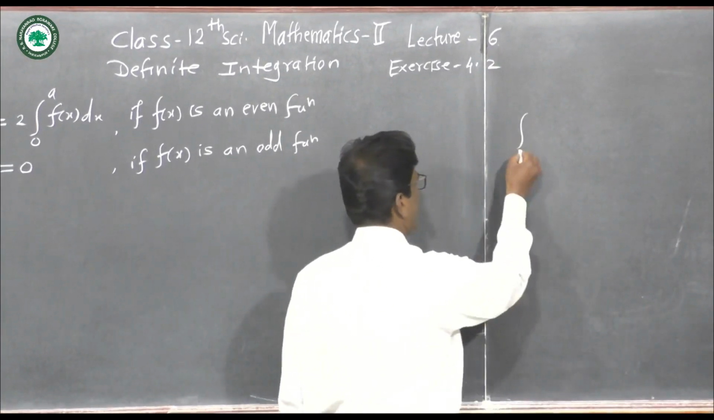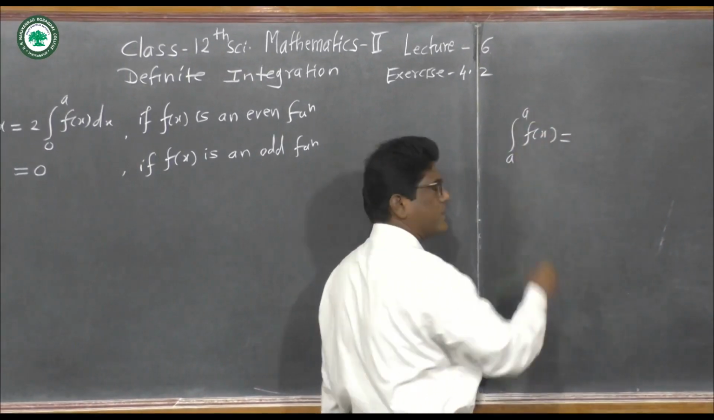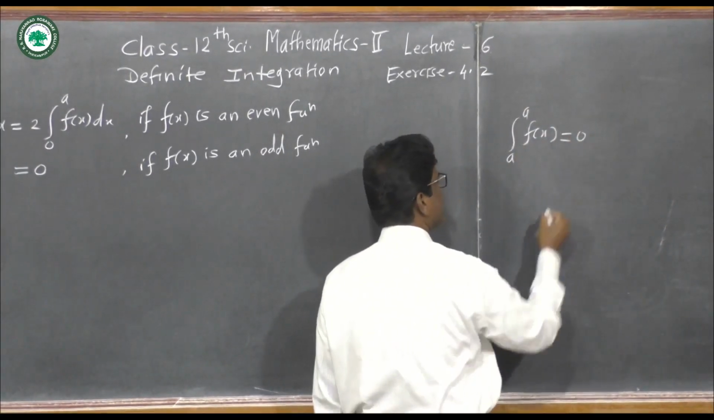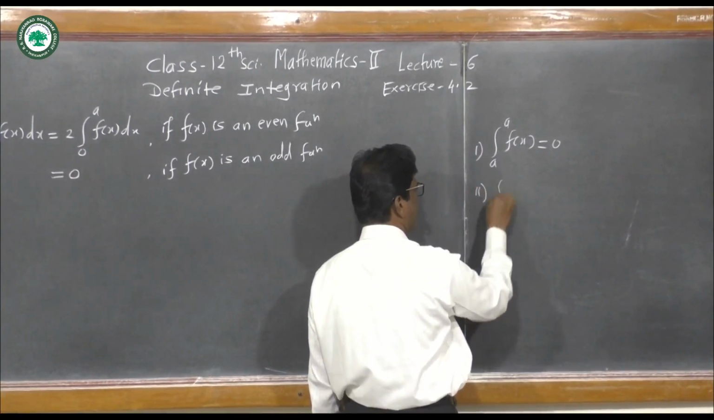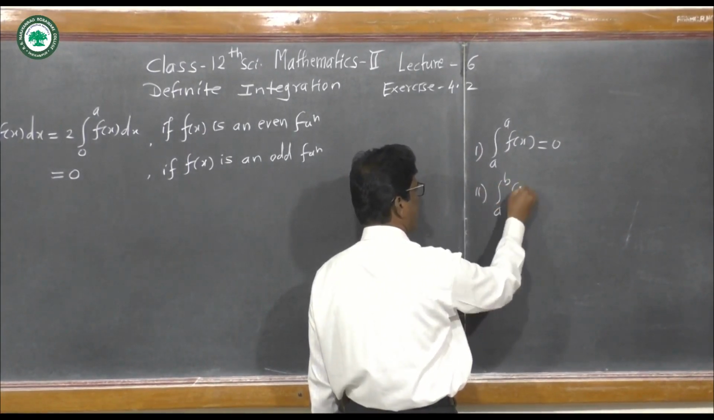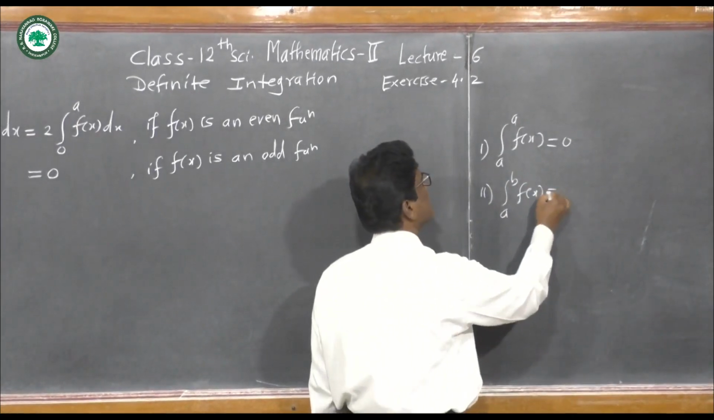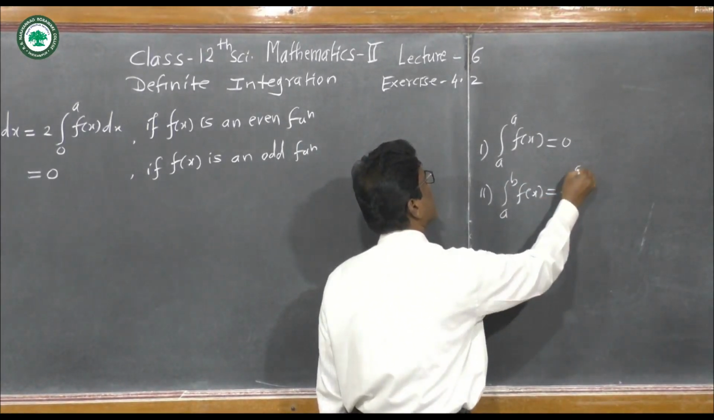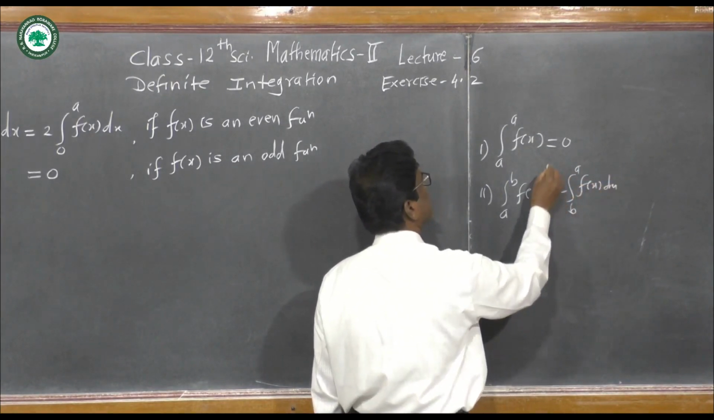Integration from a to a of f of x dx, if the upper limit and lower limit are the same, then it is equal to 0. Second property: integration from a to b of f of x dx, if we want to change the upper limit and lower limit, then it is equal to minus integration from b to a of f of x dx. And here the third property,